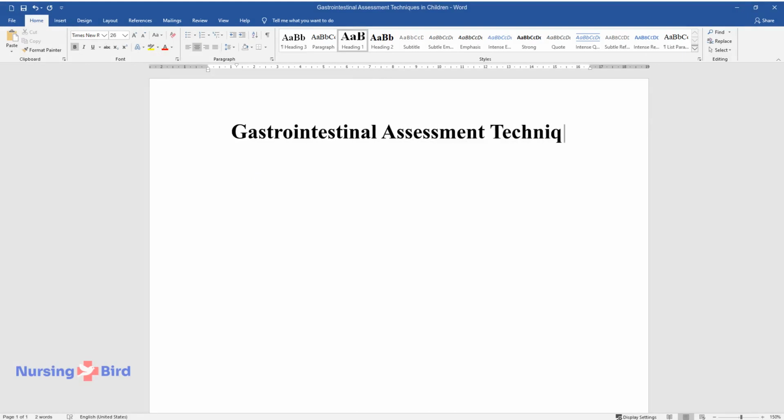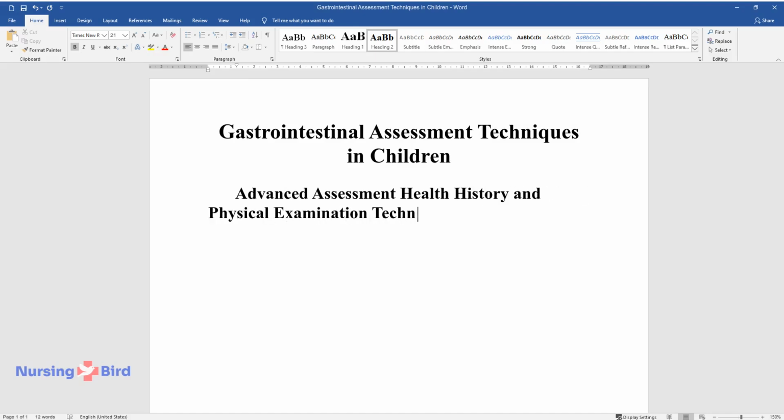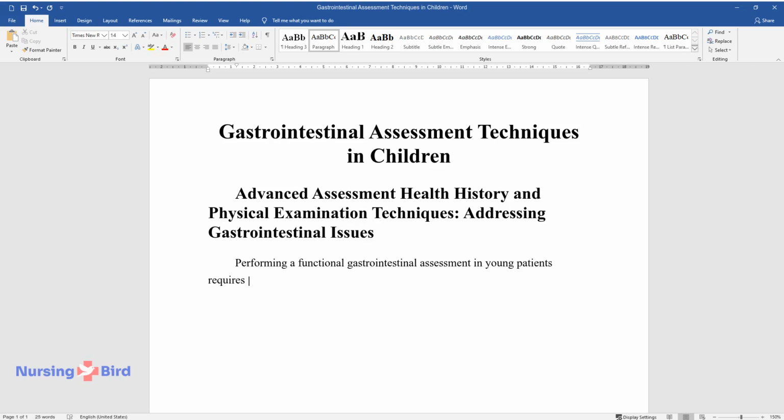Gastrointestinal Assessment Techniques in Children. Advanced Assessment: Health History and Physical Examination Techniques, addressing gastrointestinal issues. Performing a functional gastrointestinal assessment in young patients requires a wide range of skills and vast knowledge for detecting problems